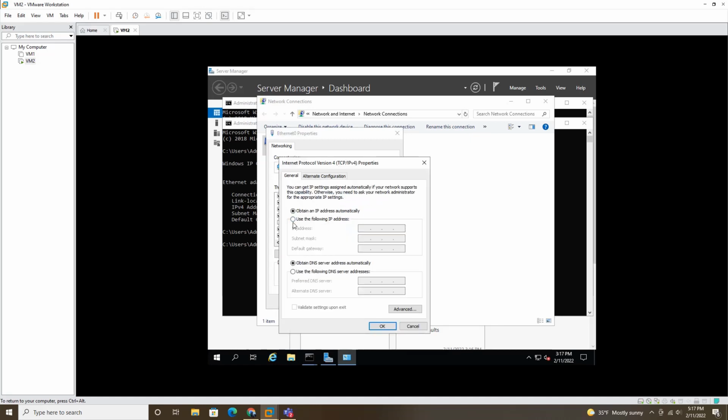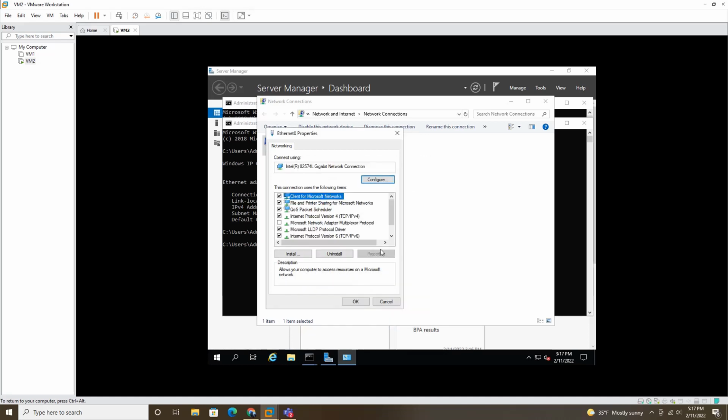Here double click, and if we choose this option here, we will be able to change the IP address. That will, for example, we'll get a subnet mask number,